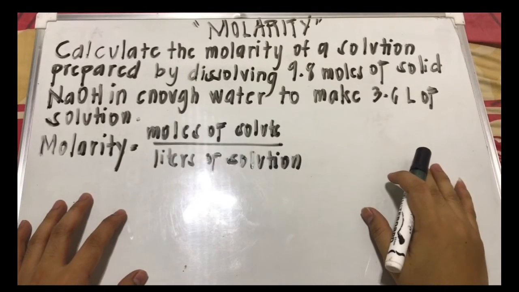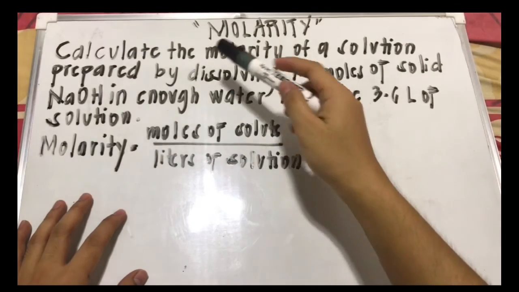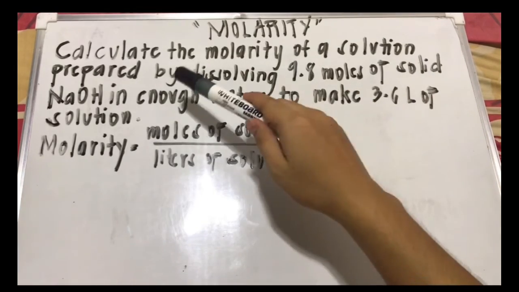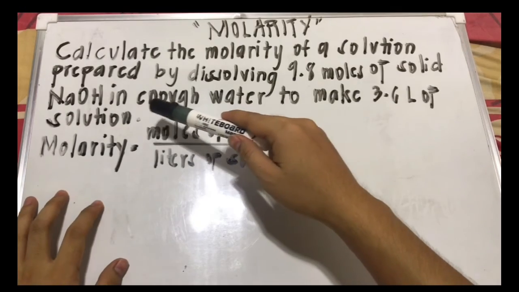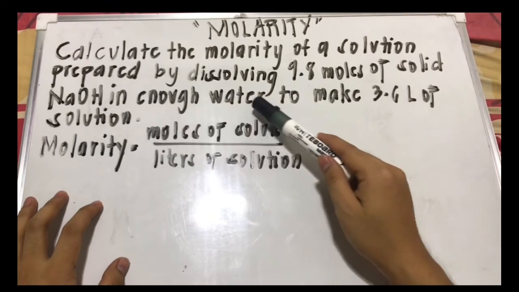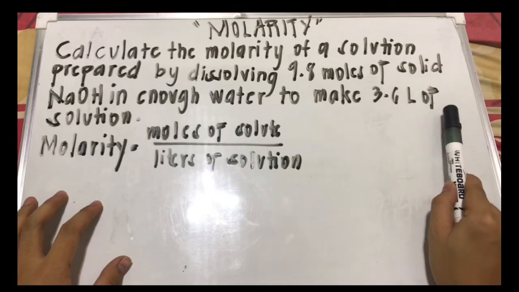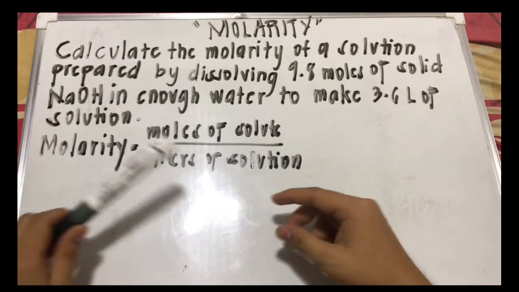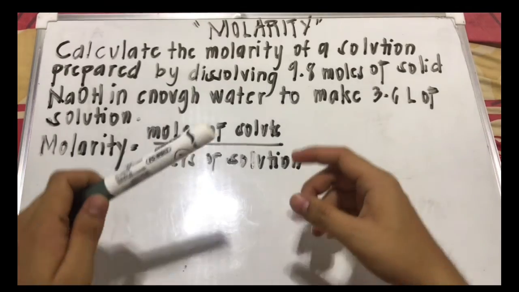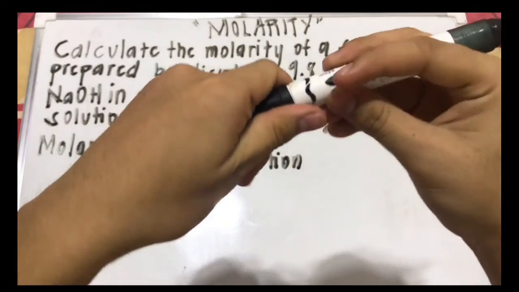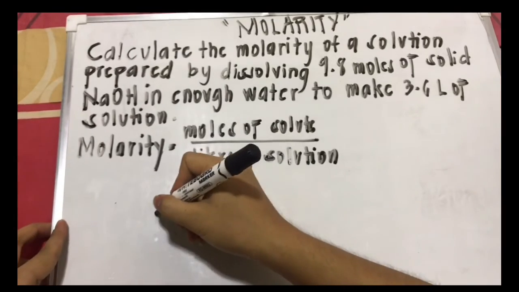This is our sample problem. Calculate the molarity of a solution prepared by dissolving 9.8 moles of solid NaOH, sodium hydroxide, in enough water to make 3.6 liters of solution. Define molarity: you take moles of solute divided by liters of solution. So we have molarity